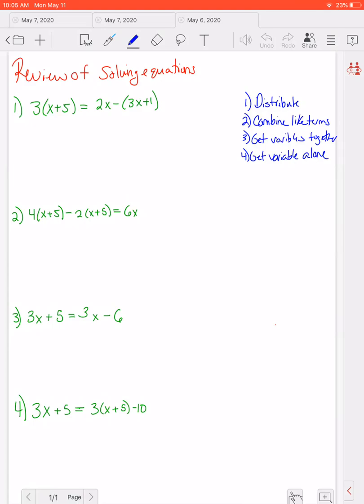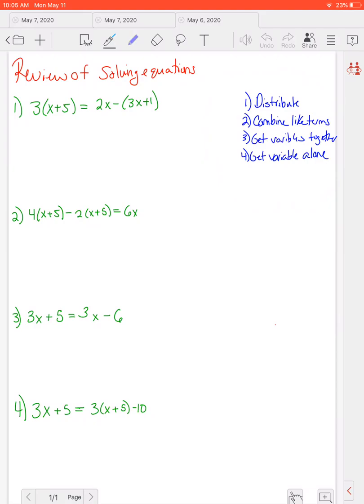We are hitting that time of year where we are going to start going back and reviewing some concepts that you will really need for geometry. And the first thing we're going to cover is solving equations again. So just in general, these are the steps that we follow. We always want to make sure we do all of our distribution first. We want to make sure we combine like terms after that. Then we want to get the variables together and then get the variable alone ultimately when we're solving with one